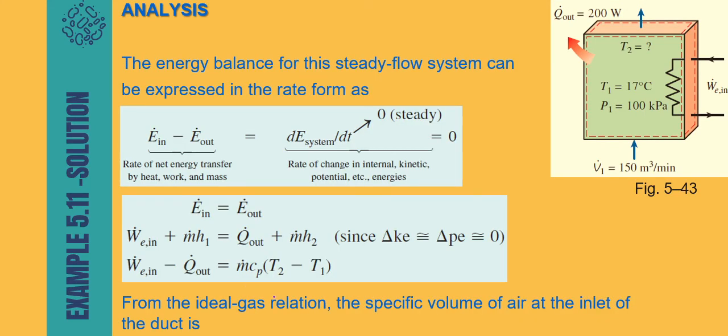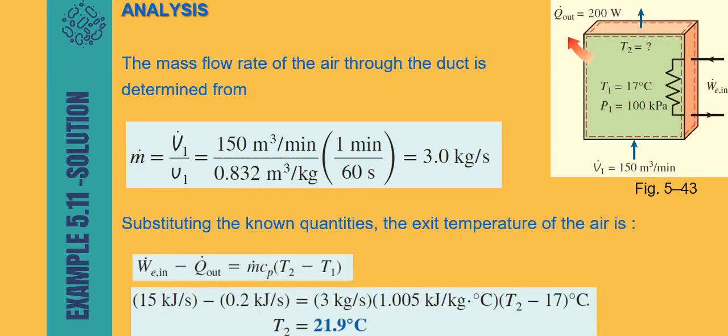Because this is an ideal gas, you can use the ideal gas relation to find the specific volume. Why do you find the specific volume here? Because you want to calculate the flow rate. So you find the specific volume of air first using the ideal gas equation. You get this value. Next, you can find the mass flow rate, which is the volumetric flow rate divided by